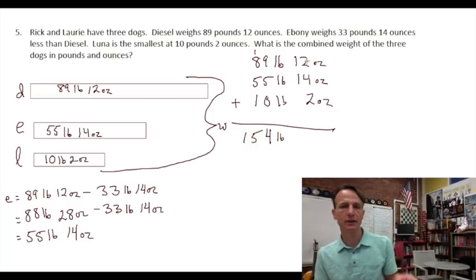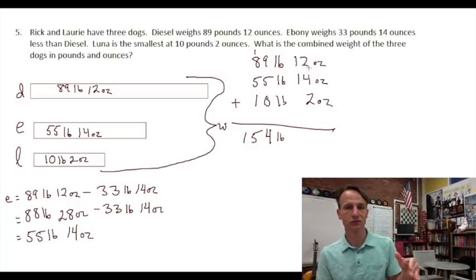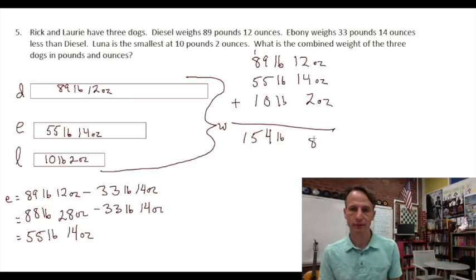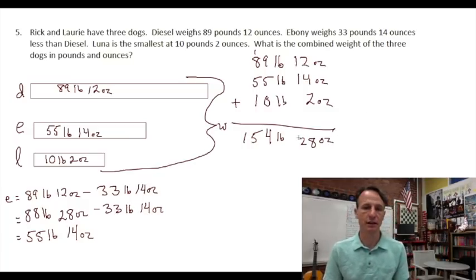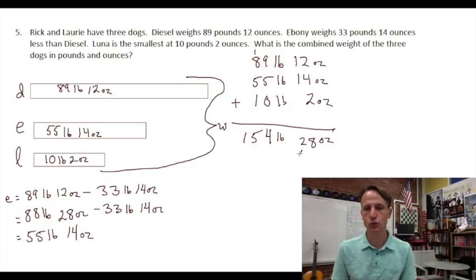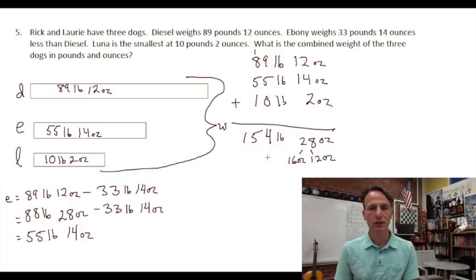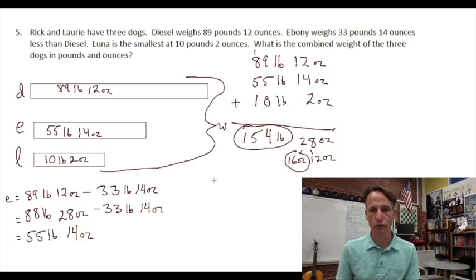All right. And now here, 2 and 4 and 2. Well, 4 and 4 make 8, right? And then 1 and 1 make 2. Now we are not done because what do we have to do with that? Yes, so we're going to look at this and say, hey, add this 28 ounces. We know that 16 ounces is a pound, which would leave how many? 16 and what is 28? Or 28 minus 16 is, very good, 12. Do that out if you need to. So now that would be combined as a pound with this pound. And so our grand total here is